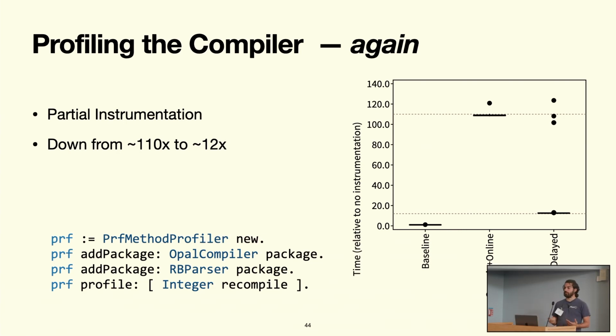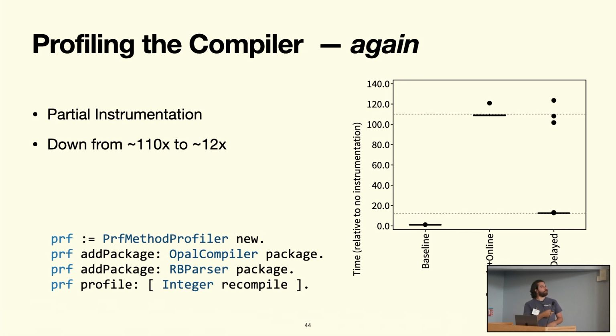We are not instrumenting, for example, collections that are in Pharo or other methods that are in the kernel library of Pharo. So this is kind of a partial instrumentation. So at the end, just doing this gives us a whole overhead of 12